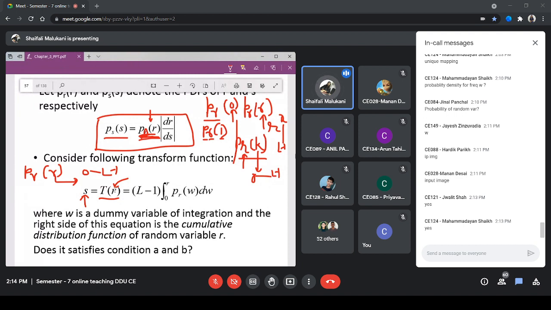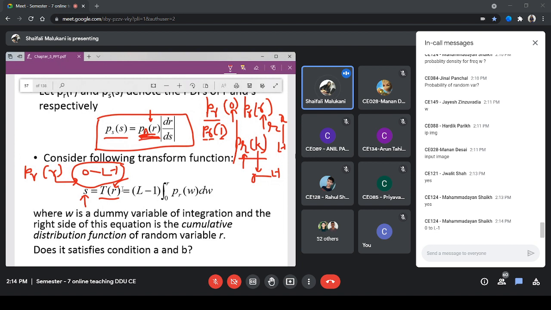It is a matrix only. It will take certain values. What is the range of this R? 0 to L minus 1. That means both are the same, no? 0 to L minus 1, right? So actually everything is the same here. Sometimes they use different notations at different locations, but logically, if you understand, everything is the same here.